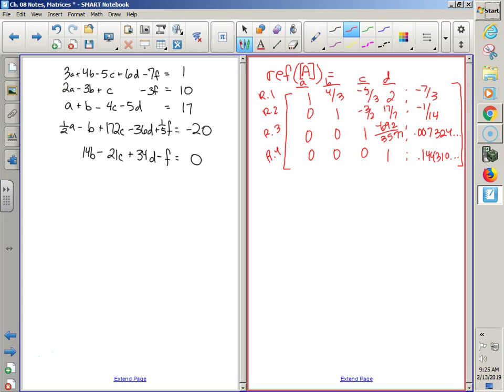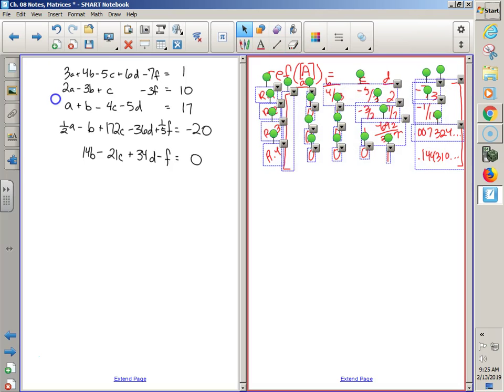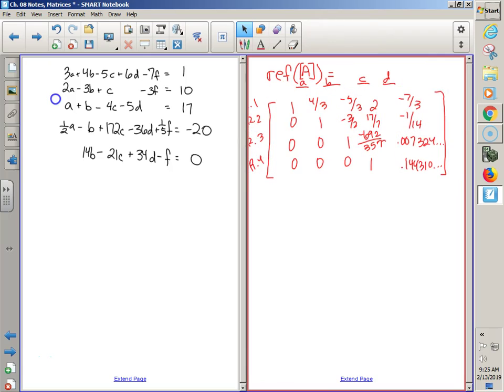Did I leave something off? Did I not keep scrolling? Oh. What did I miss? Is that right, but I missed the other side? Ah, thanks. Does anybody have that last portion you can read off to me real quickly? It's 1/3. 1/3 is the first one? Okay. 0. Okay. Negative 11 over 92. Okay. Negative